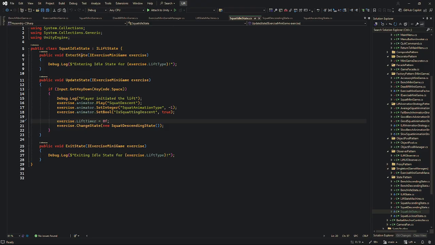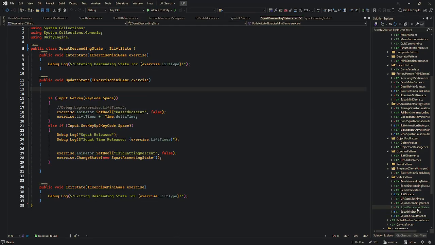So, for example, the squat idle state, we're starting at the top, and when we press spacebar, it updates. We get the notification, hey, we're updating state. Let's go into the descending state. The lift timer is set to 0, and we are in the descending state here, and the user has to make sure they're holding down the space bar,